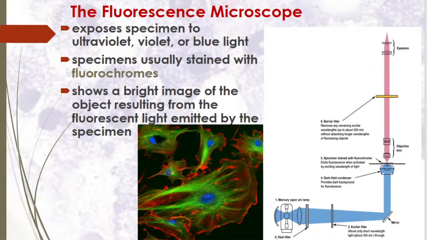And the next method is a very modern technique, the fluorescence microscope, which exposes a specimen to ultraviolet, violet or blue light. Specimens are usually stained with fluorochromes. That method is named fluorescent, but we also know luminescent. What is luminescent? Luminescent, then the ultraviolet rays